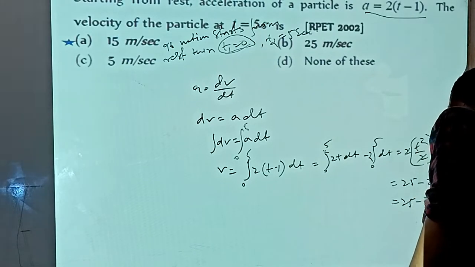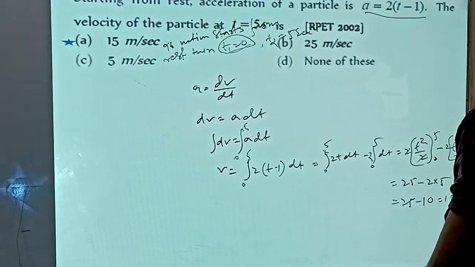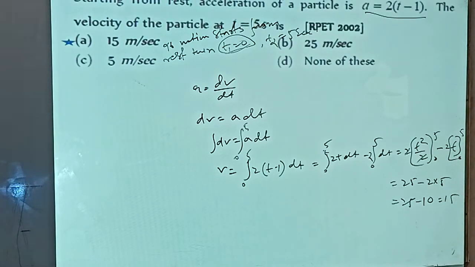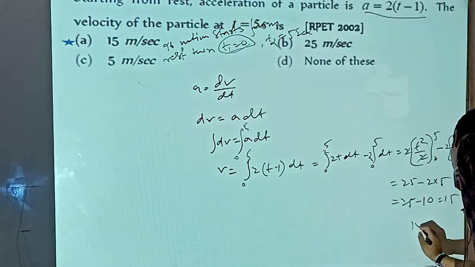is equal to 25 minus 10, that will be 15. So the unit of velocity is 15 meter